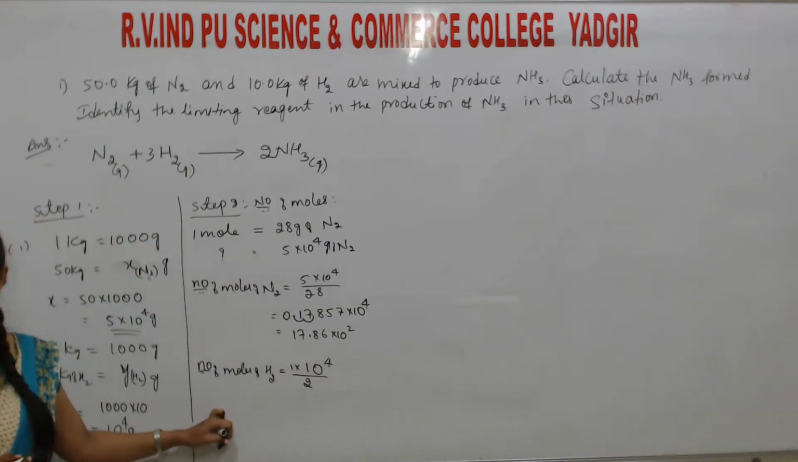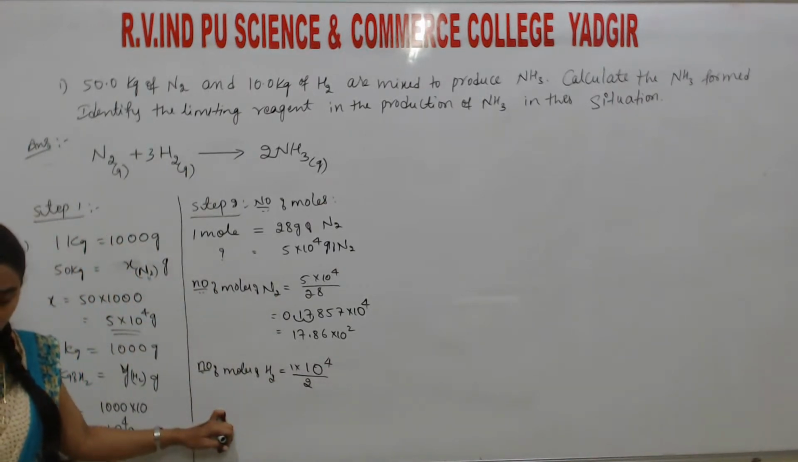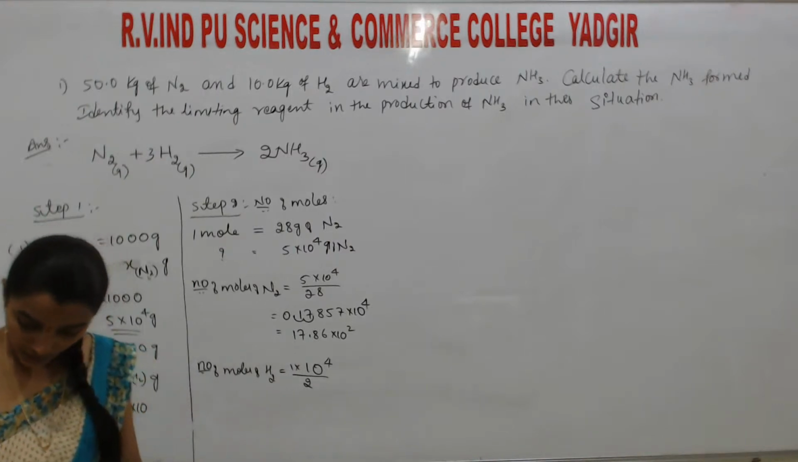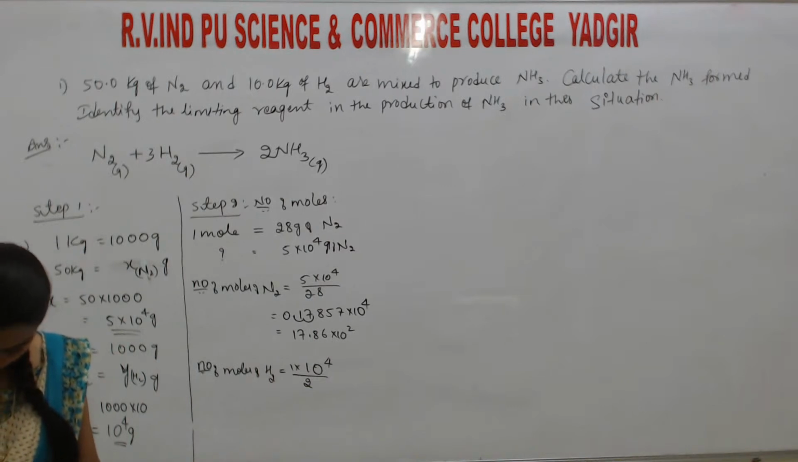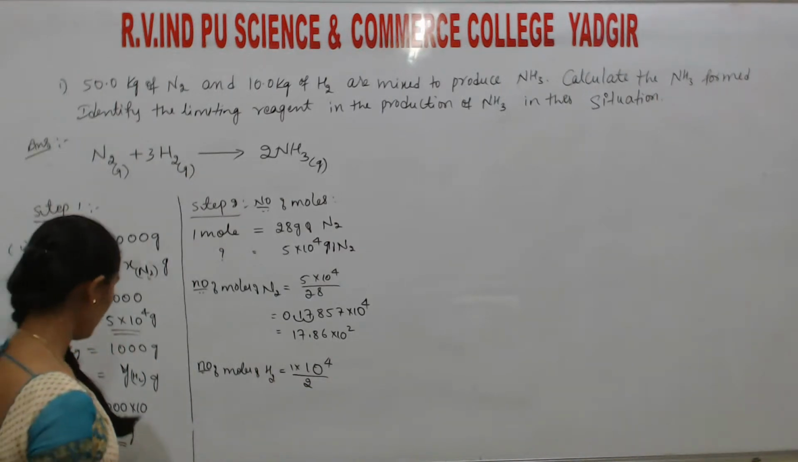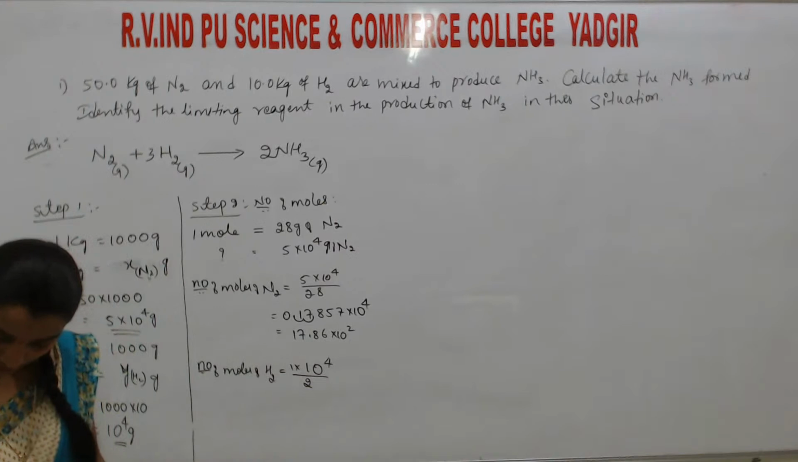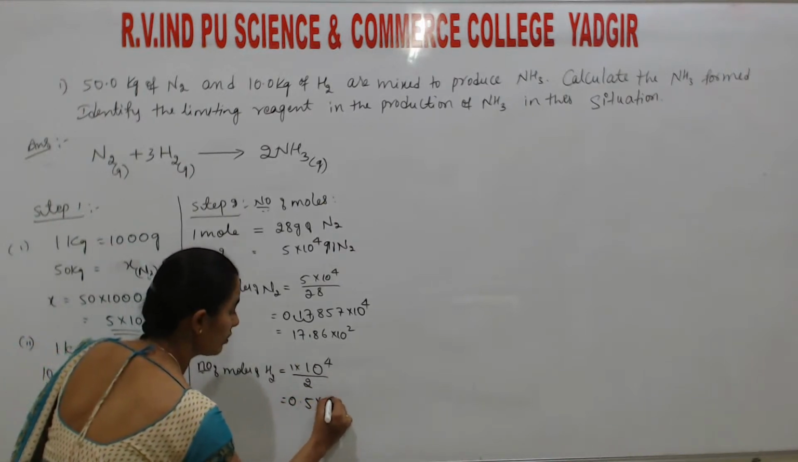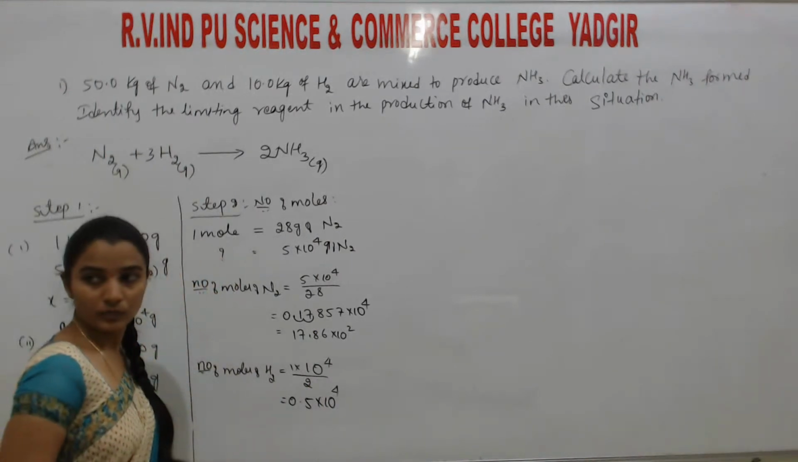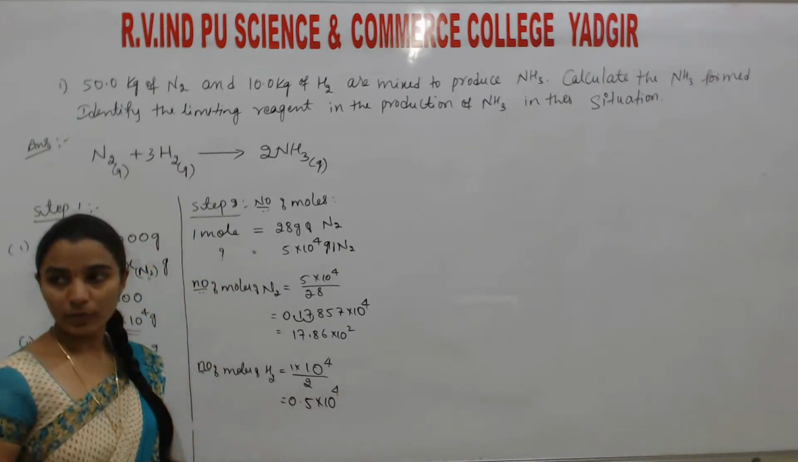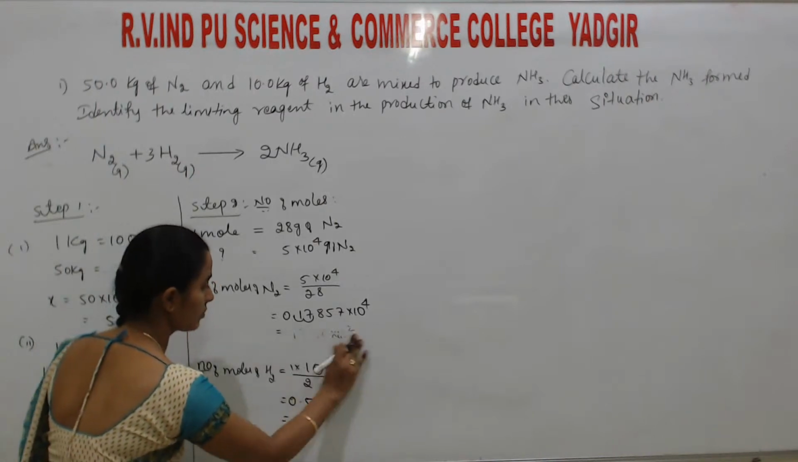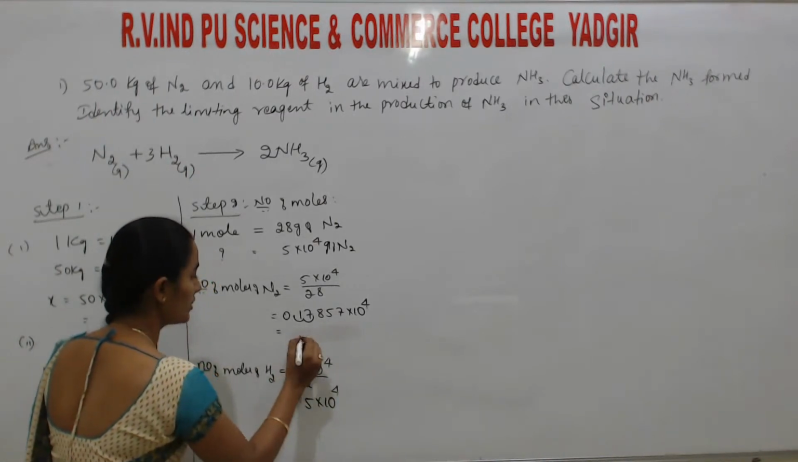Mass of H2, hydrogen is 2. So the answer we will get is 1 divided by 2. Okay, 1 divided by 2 is 0.5 into 10 to the power of 4. Arithmetic, 5.0 into 10 power 2. Okay. Students, you take here 1 digit, I take